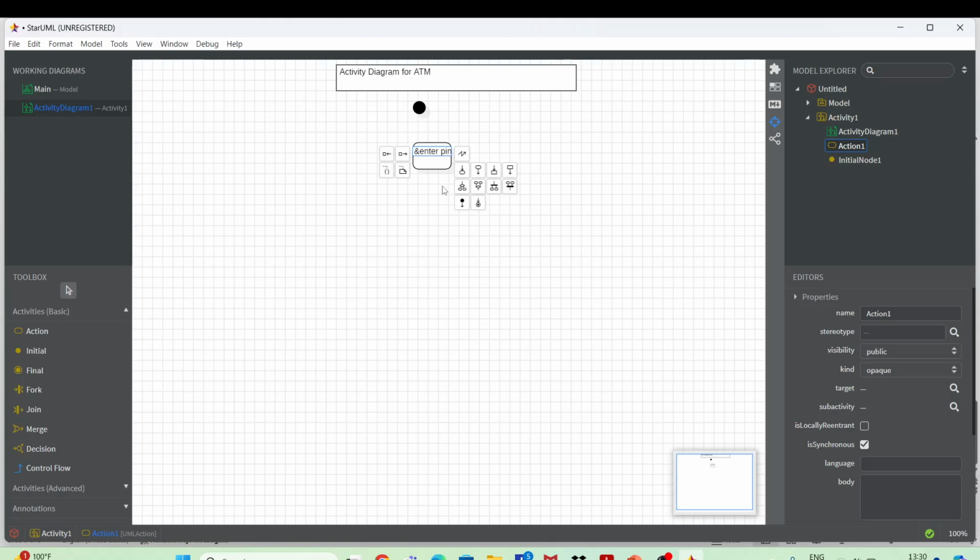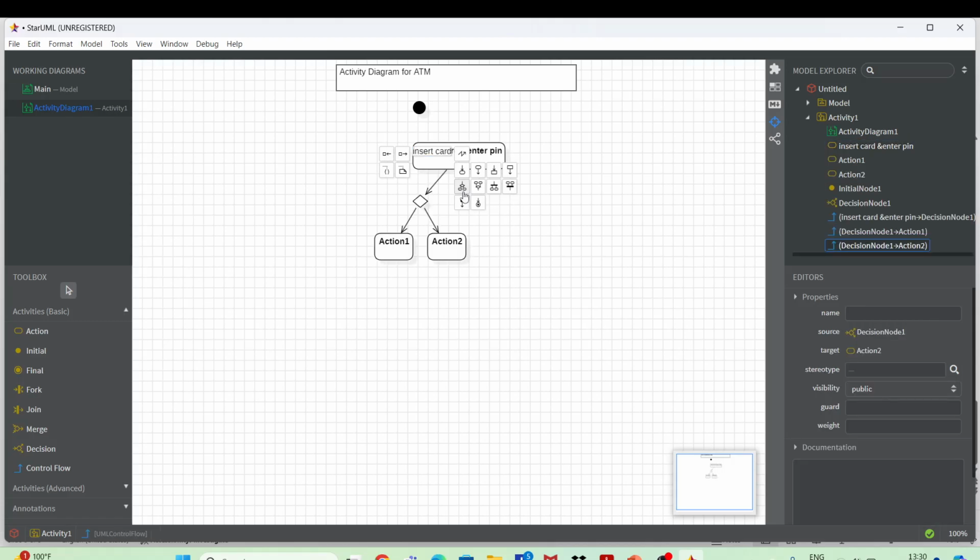Now after you enter the PIN, it is going to check whether it is valid or not. You can make use of these shortcuts also, or suppose here I want to check, so I can make this decision symbol over here.